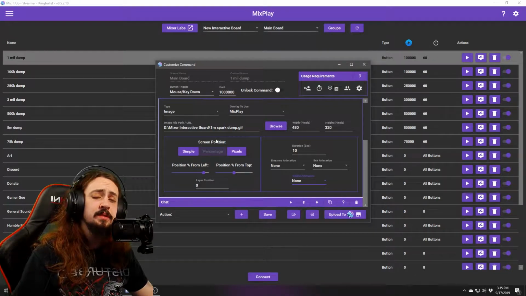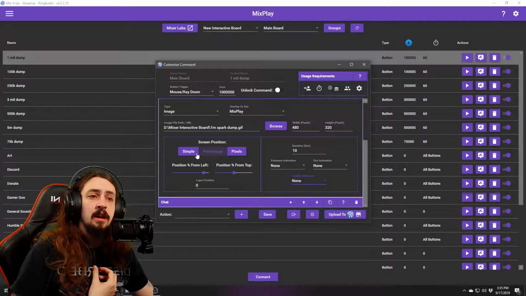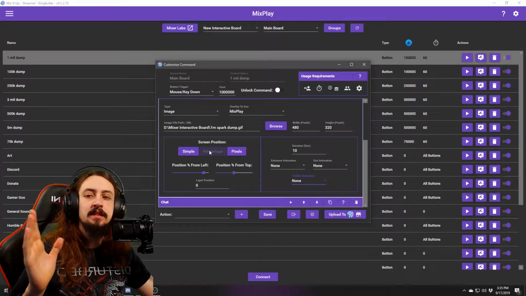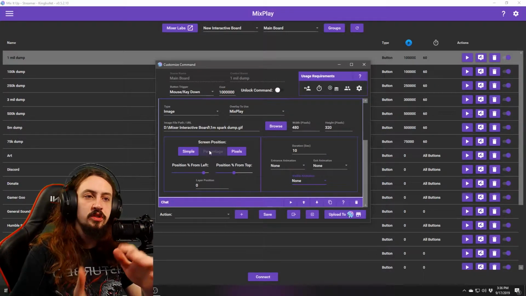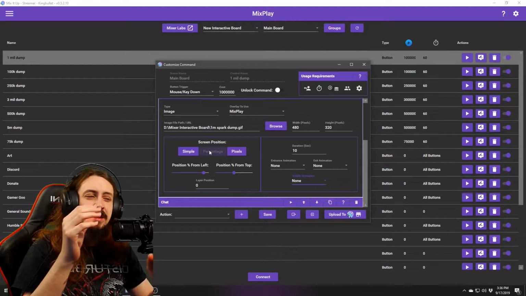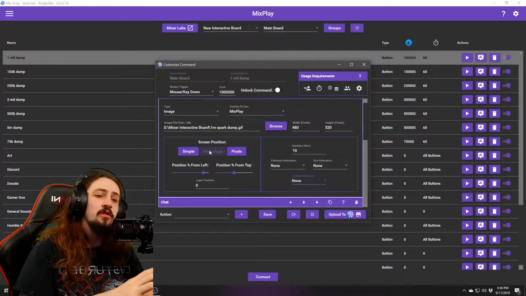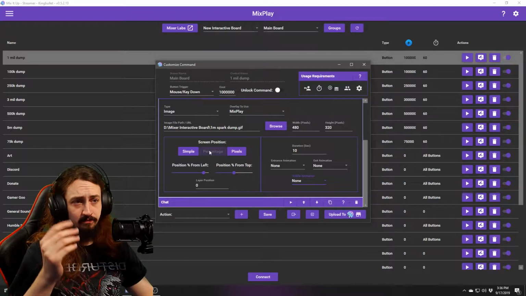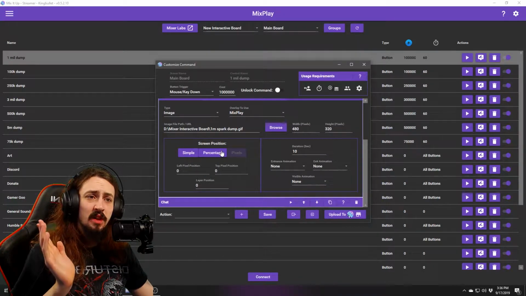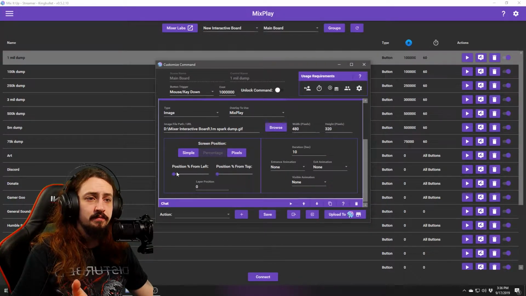For the screen position, I personally prefer to go with percentages, just because I can make it so that they are flush against the side of the stream or whatever. Sometimes they're a little too far over. Sometimes they start moving in directions that I don't like. The pixels, far too many. But I usually will go about 90